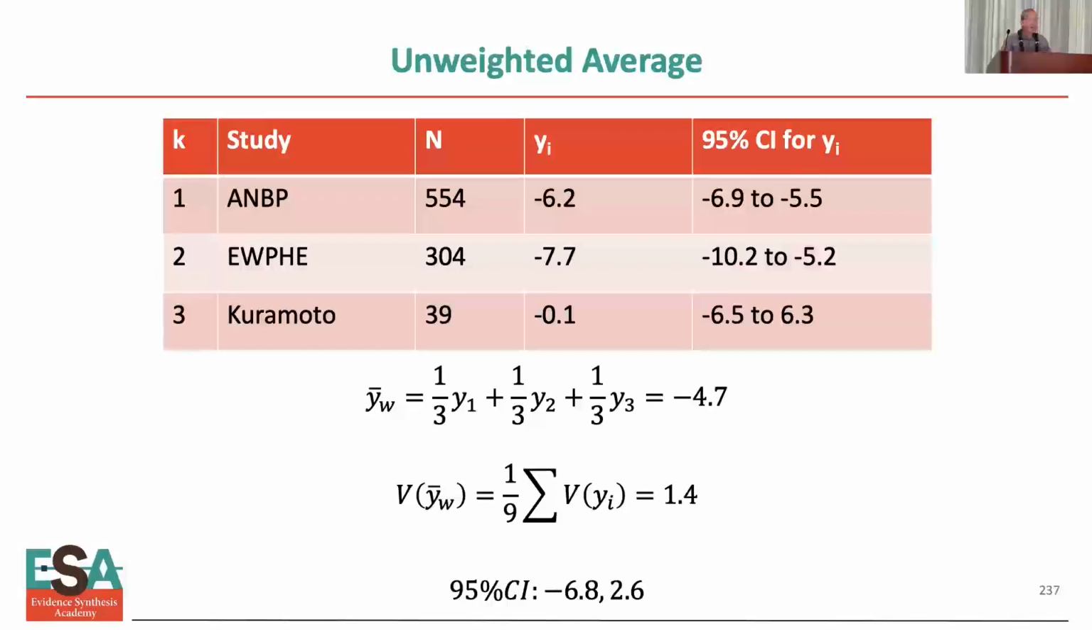It's just to say, okay, I'm just going to average the 3 effects together, the 6, the 7, and the 0, and my average is minus 4.7, and I can calculate a variance for that, and I can get a confidence interval. And so if I weight all these studies equally, then the estimated average effect is minus 4.7, and the 95% confidence interval includes 0, so therefore it's not significant, and therefore I can't conclude that these treatments work. All right, so if I presented that analysis to you,